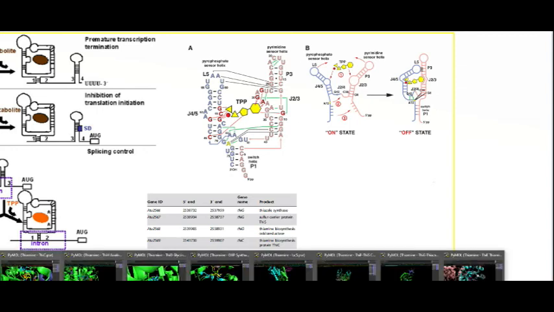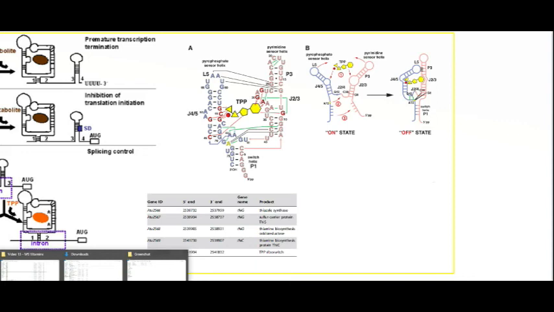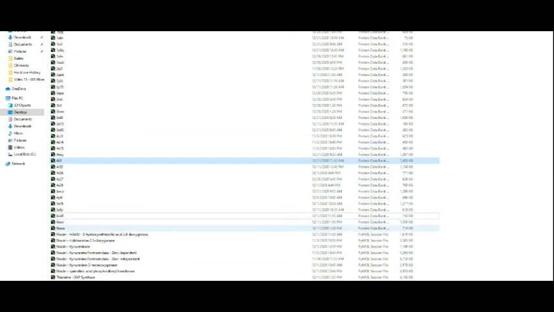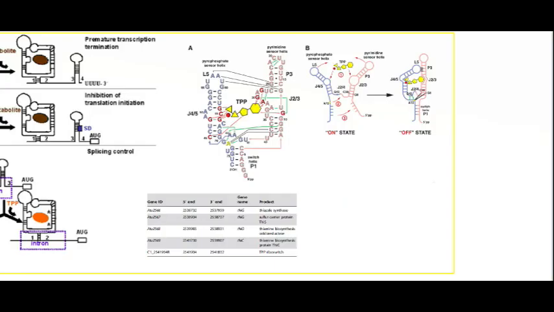And I actually had a structure for that that I forgot to open up here. Where's that riboswitch? Maybe I forgot to save that here. So anyway, I had the structure for it, but it's not important, I guess. I don't have the structure for that, but you can see in this diagram how